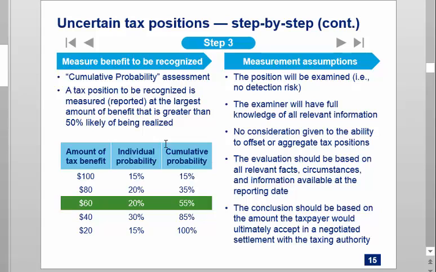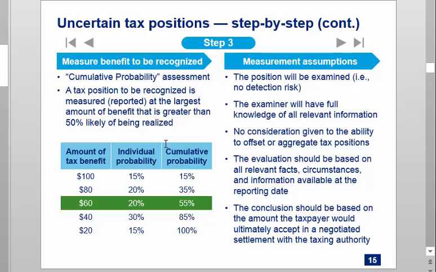So, now here's the dumb way that FIN 48 does this, okay? Remember how Youssef asked about the more likely than not concept? Well, there's a more likely than not concept in measurement. And there's a technical way to do this, and then there's a practical, okay? So I'll explain the technical first. If you look at the example at the bottom corner of the slide,